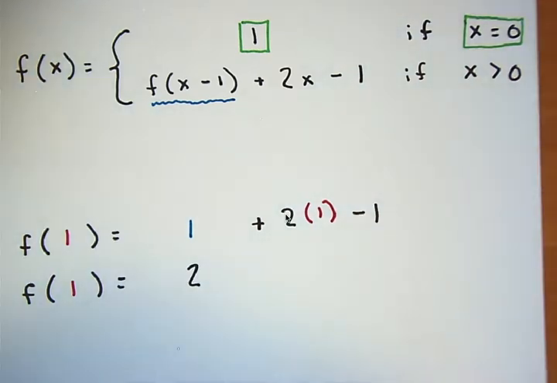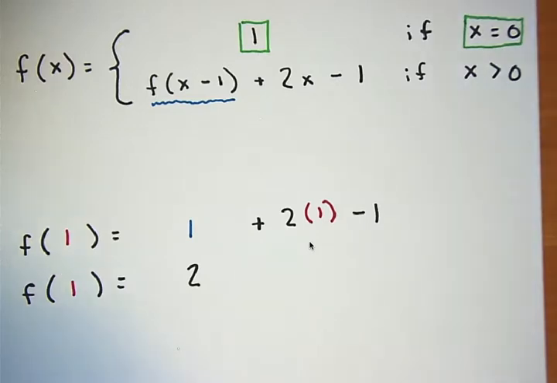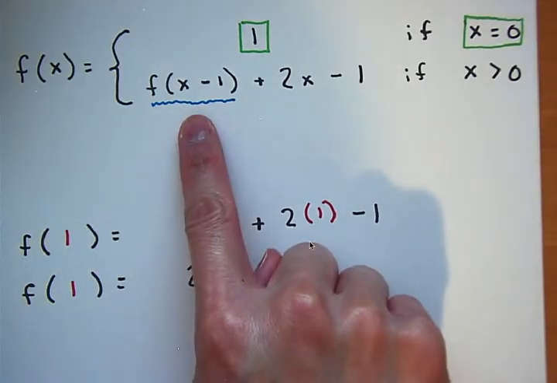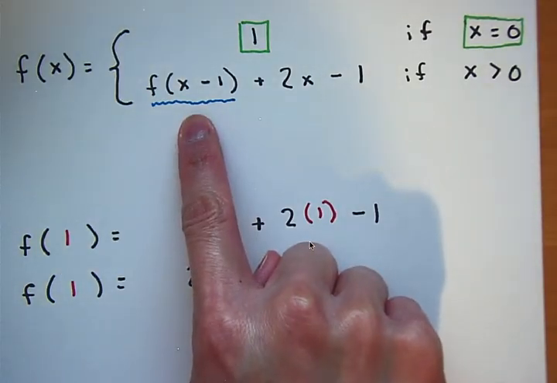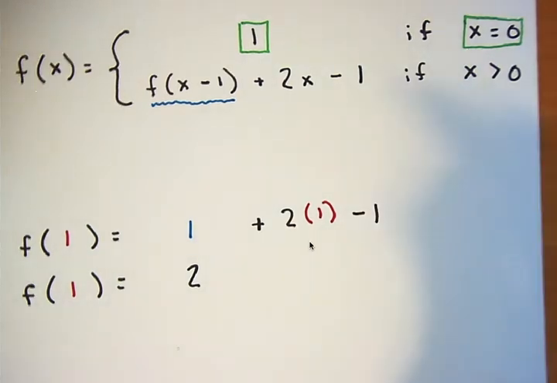So let's write that into our table. When x equals 1, y is 2, or f of x is 2. If this way of thinking, where you're thinking about this as your previous y, doesn't make sense in your head, if that doesn't feel satisfactory, another way we can do this is